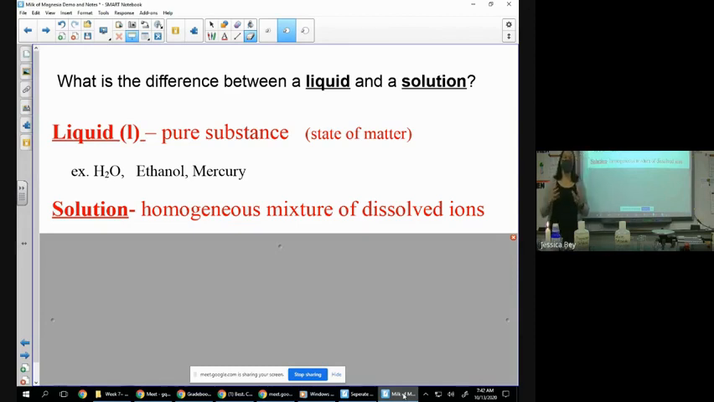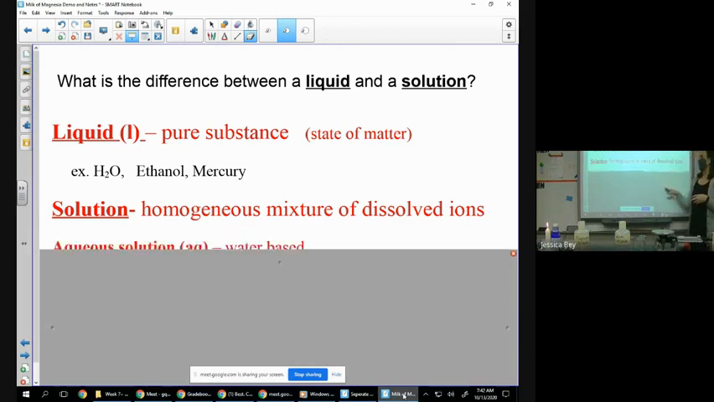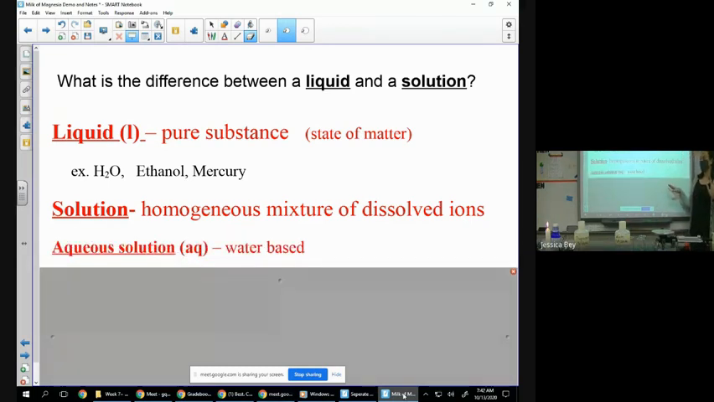And that means it's good and dispersed. It either looks all clear like in these bottles or it looks all blue like my copper sulfate over here. Then, just to toss it in here because you're going to see it a lot next